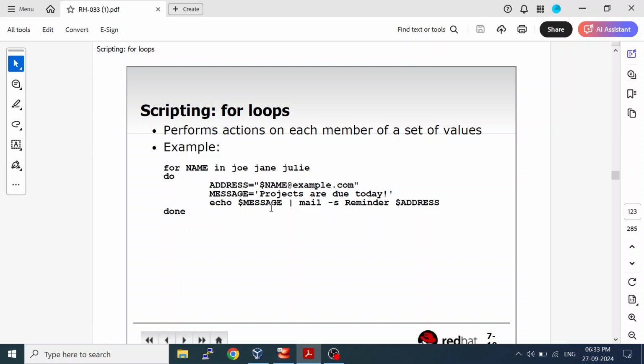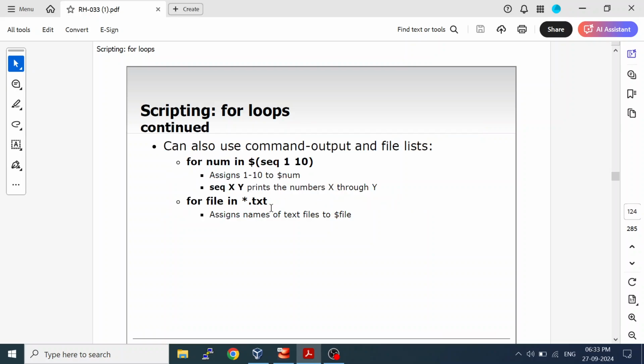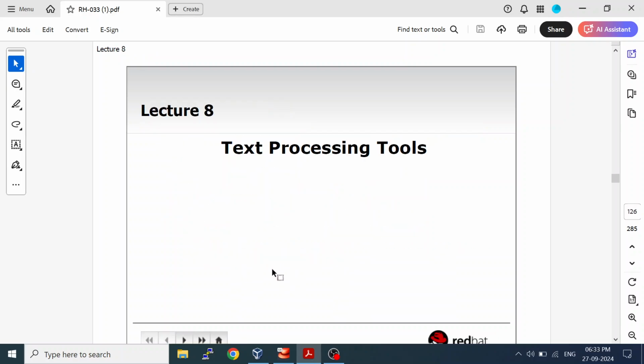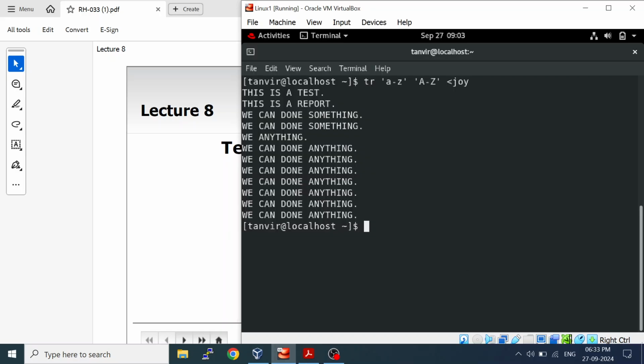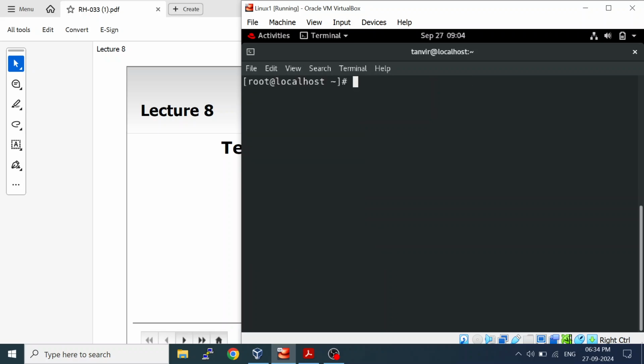Okay. So like this, to send the same email to multiple users, instead of typing commands and all those things, we can use this for loop. Similarly we are going to see the same here with another method, and I have to log in as the root user first. Why? Because I am going to show you the same but in a different way. Vi test script dot sh,